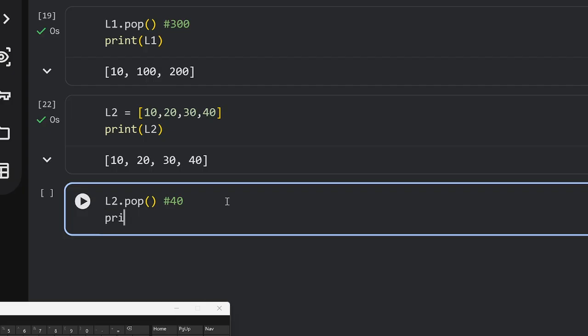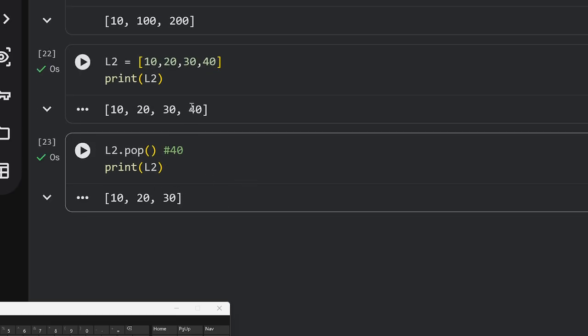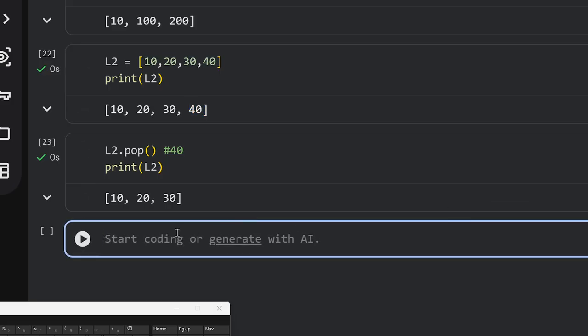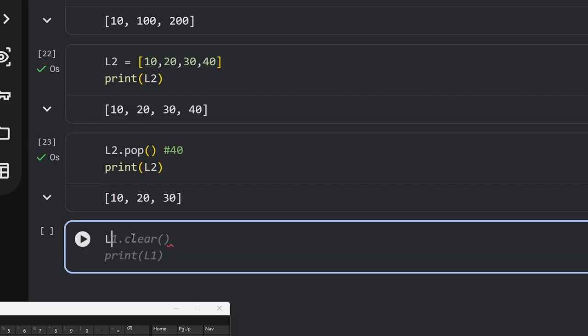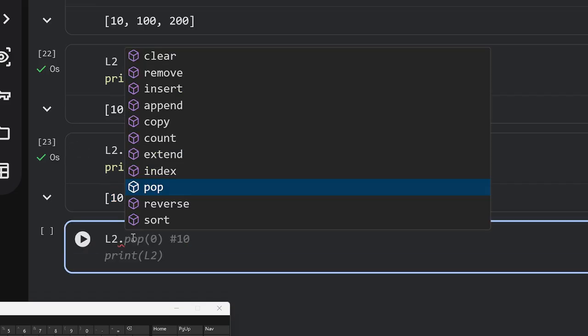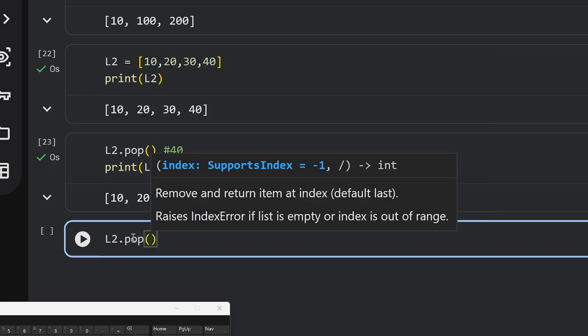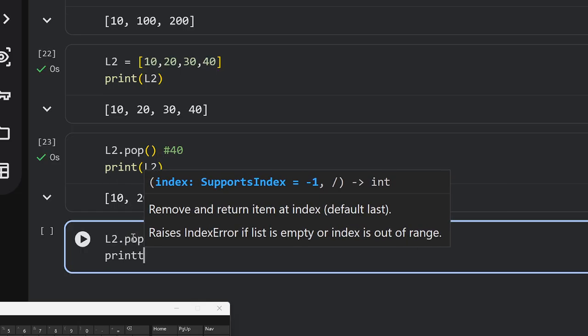If you print L2, you can see it has removed 40. If I want to remove the first element, which is 10, what will I do? L2.pop. Pop means removing the elements. The index is 0, so which element will it remove? 10. If you print L2,